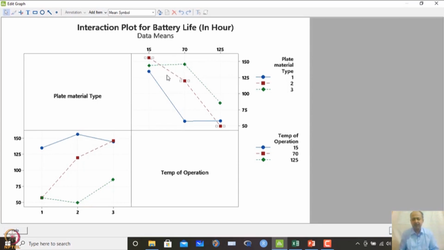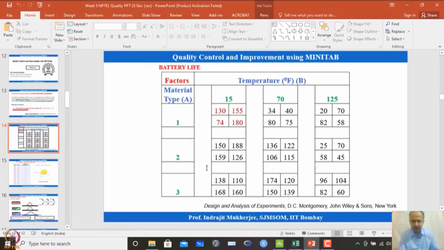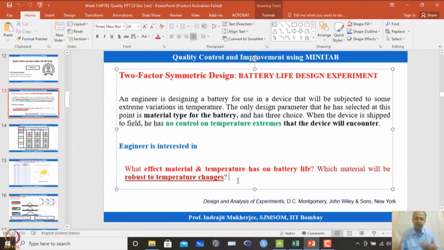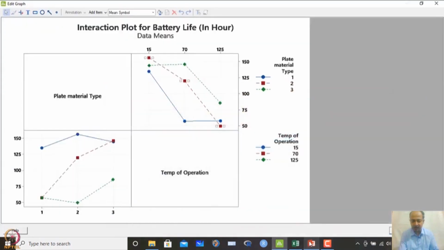But we have to consider something else over here. What was given in the problem? It was mentioned: which material will be robust to temperature change. While selecting, keep in mind that I should select the material which is robust to temperature changes. So, if you see this diagrammatically, for material type 3 there is a flat region from 15 to 70. That means the battery life does not change much